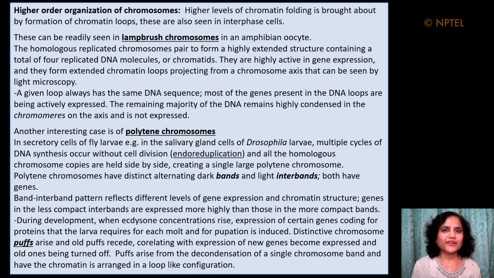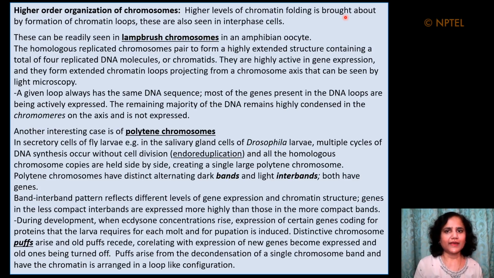Higher levels of folding of chromatin is brought about by the formation of chromatin loops, and loops are also seen in interphase cells. Under the microscope, loops can readily be seen in lampbrush chromosomes in an amphibian oocyte. The homologous replicated chromosome pair in these cells form a highly extended structure containing a total of 4 replicated DNA molecules or chromatids, and these are highly active in gene expression,